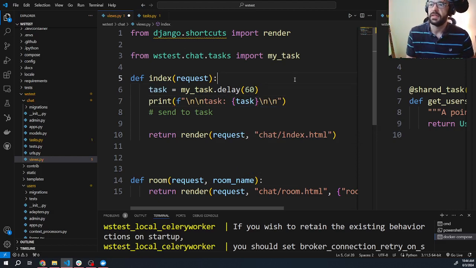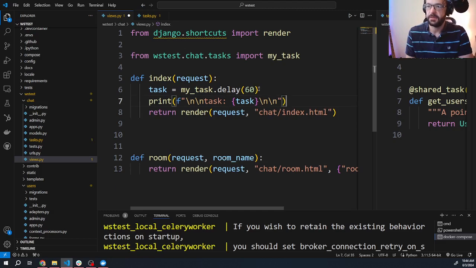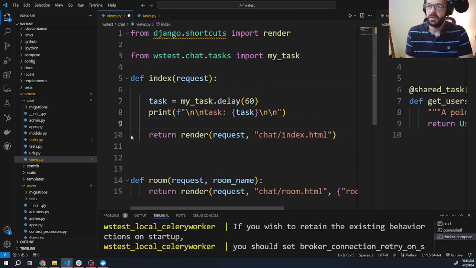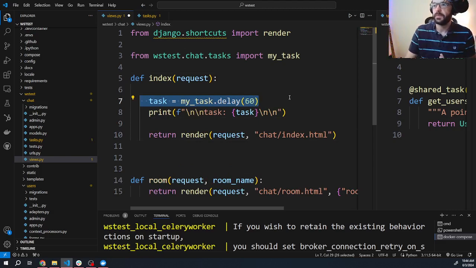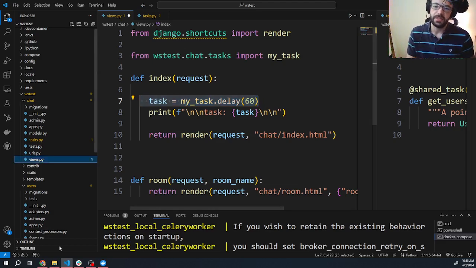To print task. Okay, so now we've sent the task. That's just a print. This is us using Celery. So now what happens is, if we had done this delay within the index view and then closed the view, closed the browser window, changed to a different page, whatever we did to break the request, it would stop counting. But because we're using Celery now, we have access to